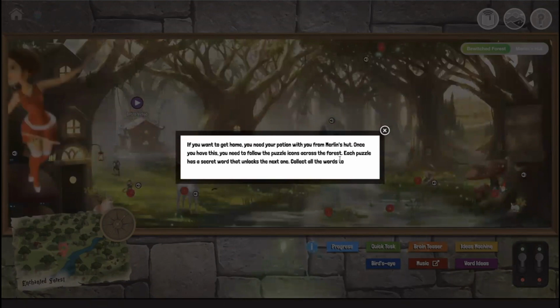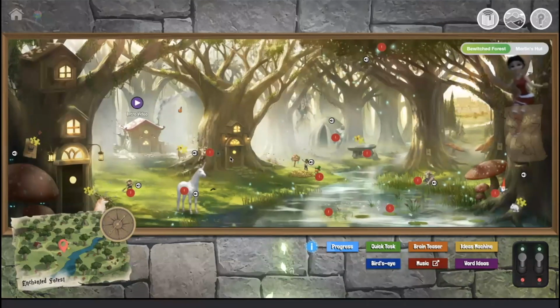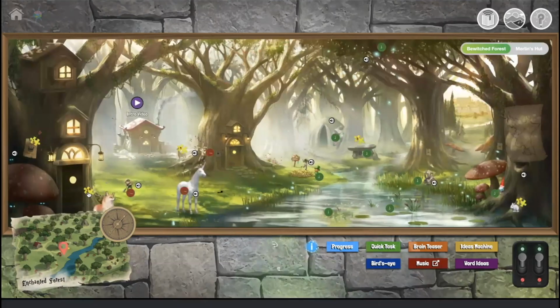So you can see here, if I go on to number 2, which is right here next to the fox,